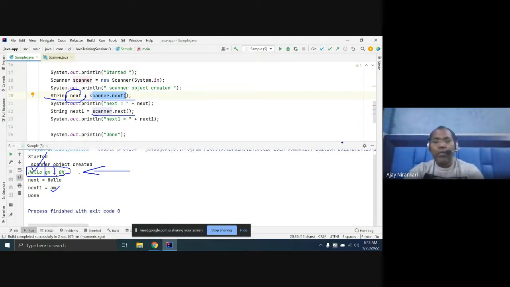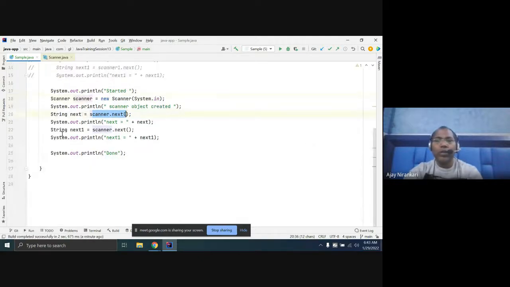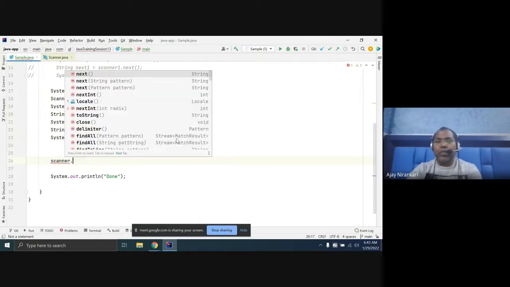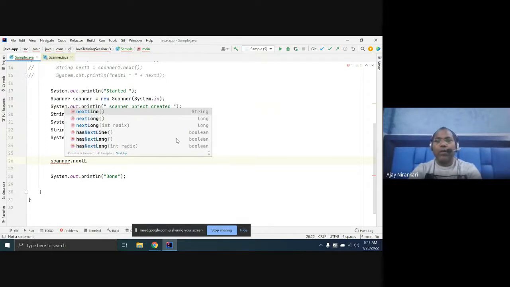Instead, it would be good to use the function hasNext. If you want to read the whole line, the best way is to say scanner.nextLine, and the next line will print the whole line.